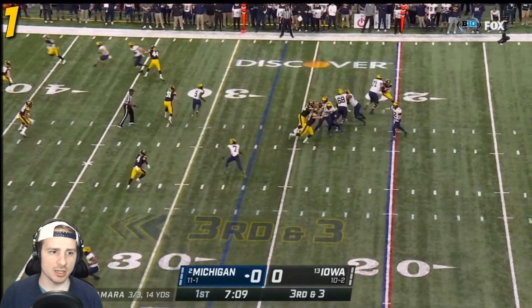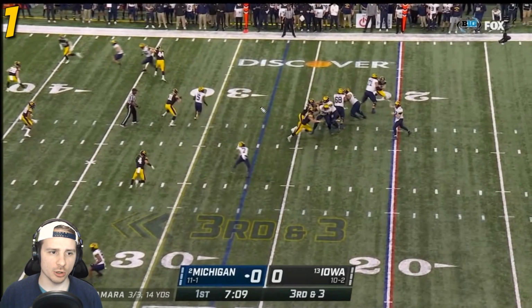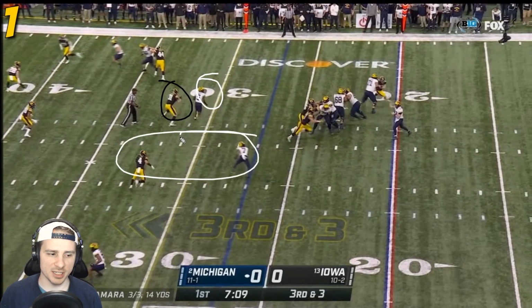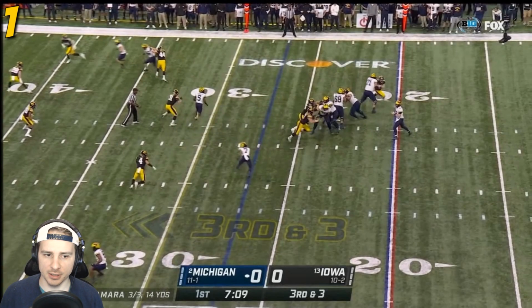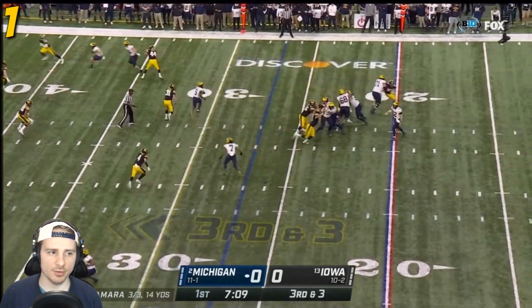Really the only thing that does open up, you could argue Sainristil here, number 5. Could be an open option if thrown in front of him, but 31 gets a relatively good jump. This is clearly the best matchup based on leverage on their routes. So that's your route tree. In terms of overall